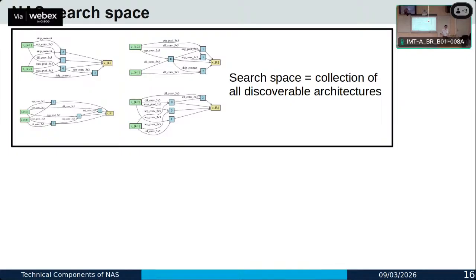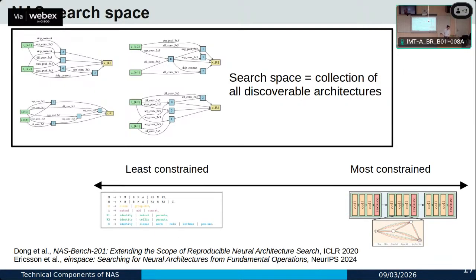So now let's define the concept of a search space. So what is a search space? It is simply the extent or the collection of all discoverable architectures that exist within our problem. And this collection is generally defined in a mathematical manner such that many architectures can be defined at the same time. And this leads to this scale where